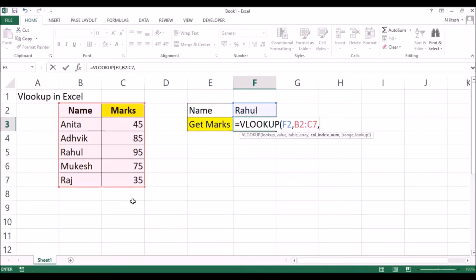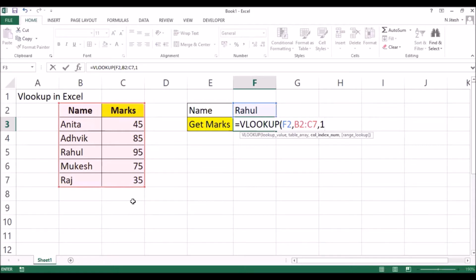As a general practice, I always start using 1 so that I can be doubly sure that what I am entering, I am getting the correct value. Here, if I enter Rahul, the value I will get is also Rahul, but that's fine because I will be sure that I'm getting the correct formula.